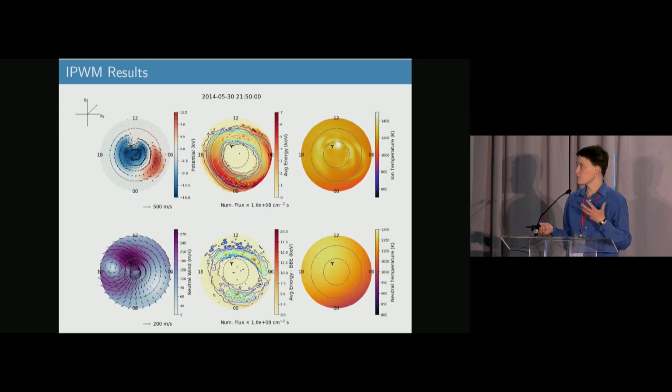And these are the results from that IPWM run. So this is the potential, and you can see we were looking at a particular northward period. You do have your reverse convection cell, which comes from the SuperDARN data, precipitation from Ovation Prime, and then this is the output. This is the ion temperature that we get out of the model. You can see right here, that is an ion temperature enhancement that correlates quite well with this reverse convection cell. So qualitatively, at least, you see IPWM reproducing heating that we'd expect from this particular convection pattern in these conditions.